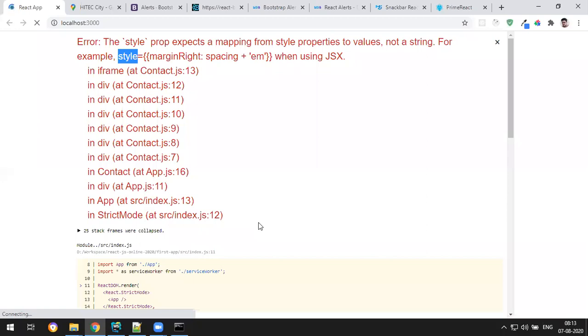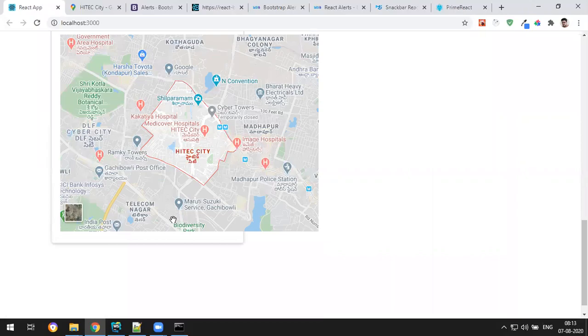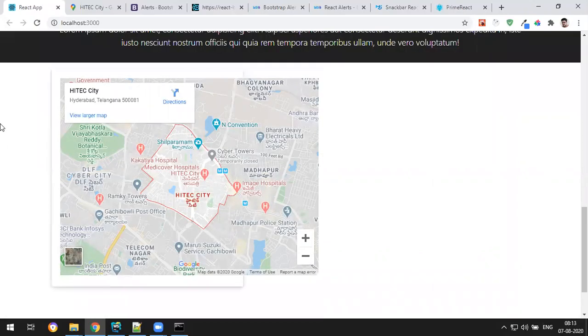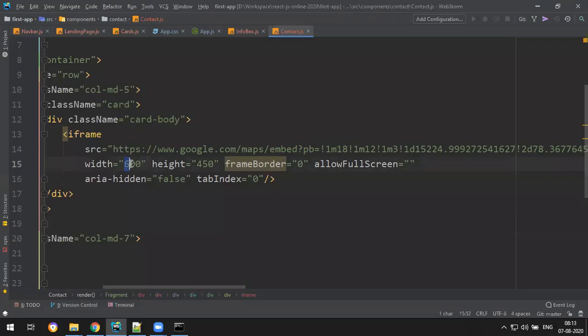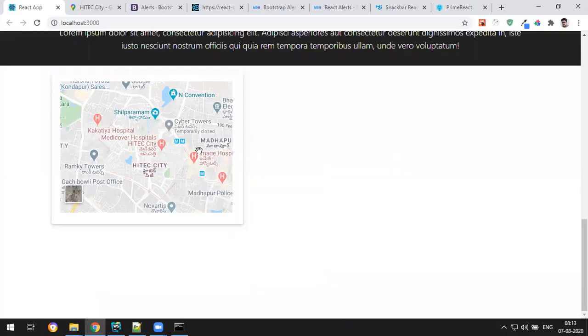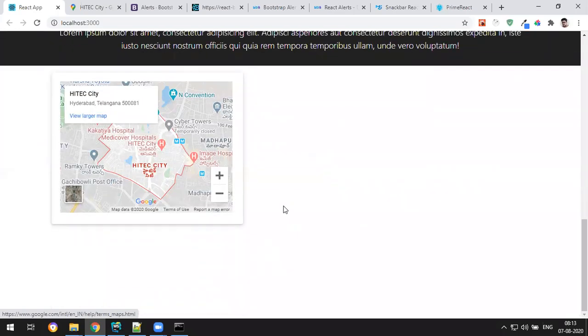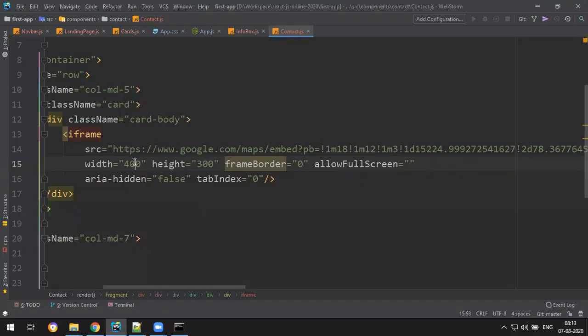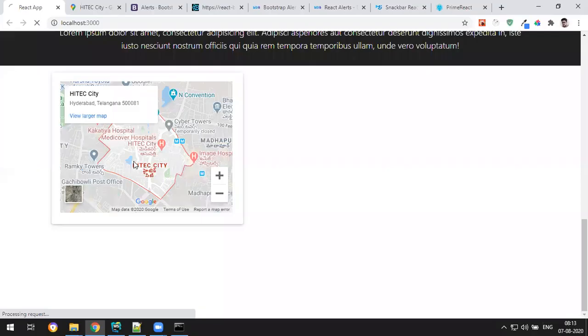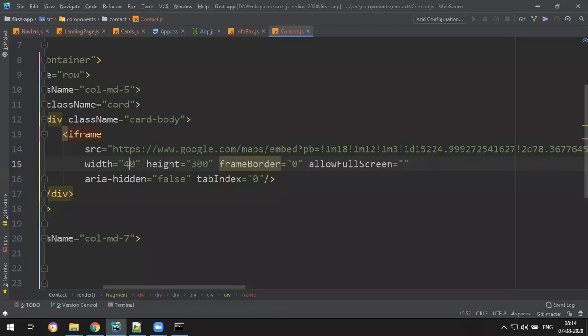Okay, so now happy. Yeah, I got it. But this is something outside of my card. Can we make width some 400, height some 300? Okay, looks good. Or else something like 410. Okay, I think 400 works.